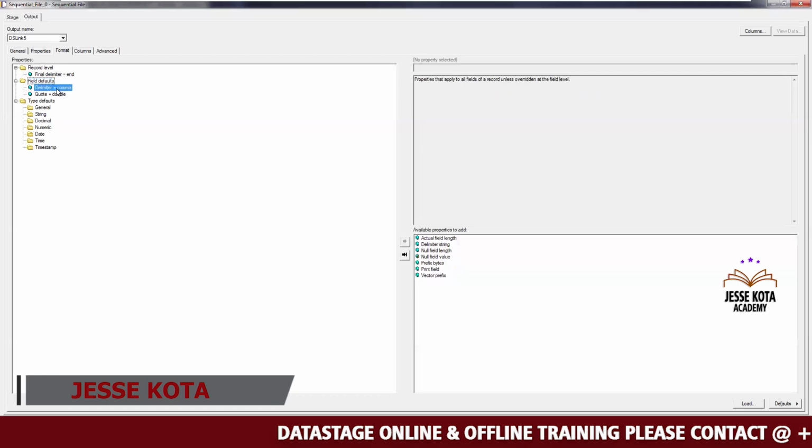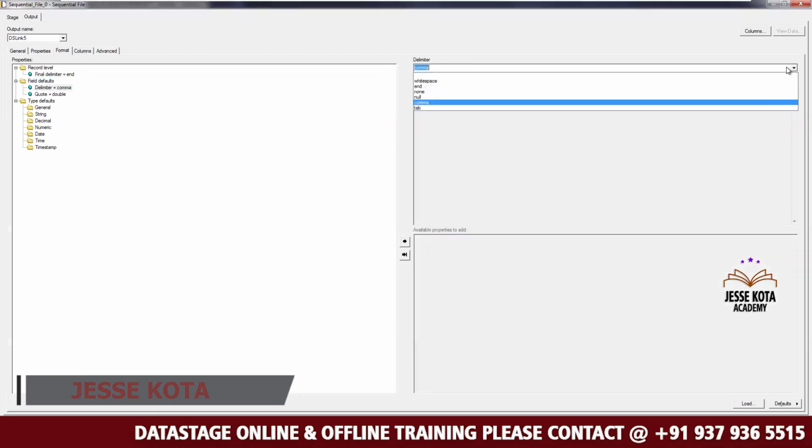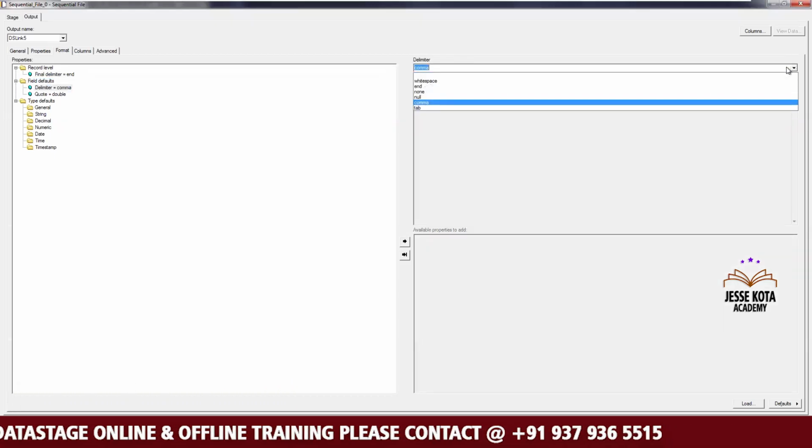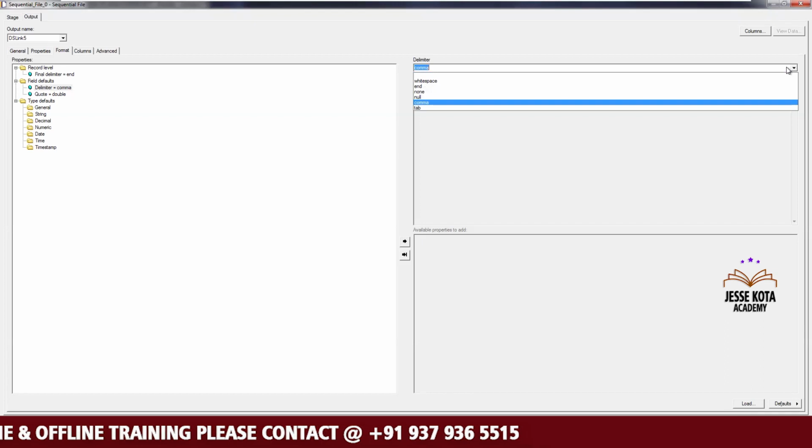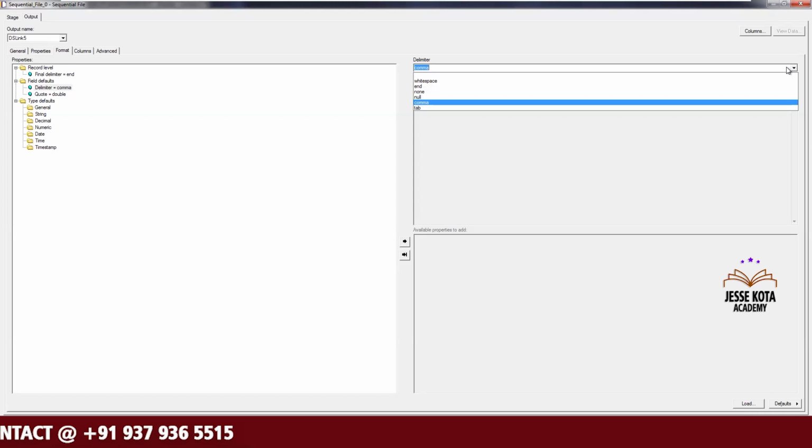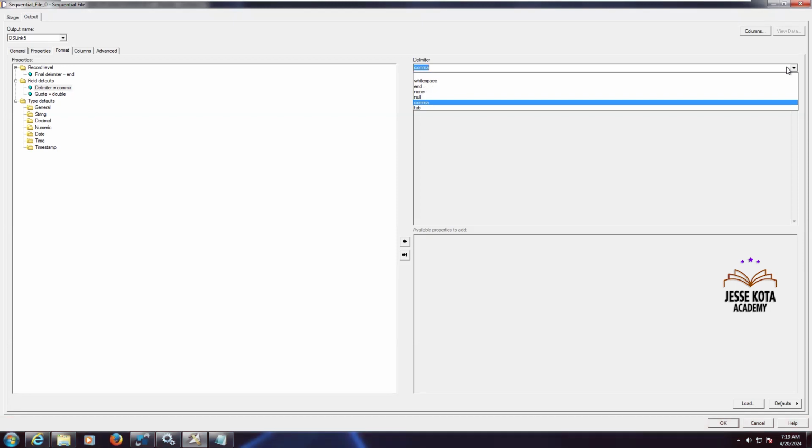So here the system has default predefined delimiters like white space, end, none. None will be used whenever you are reading data from a fixed width file. And nulls, there might be a chance of nulls. Null data means what? Empty, nothing is there. Correct? So here comma, we have seen in the last session. Now we are going to see tab